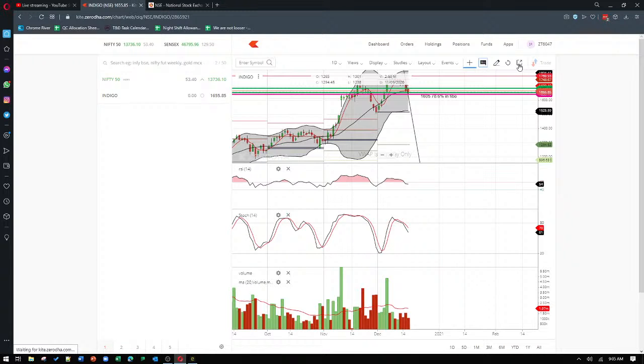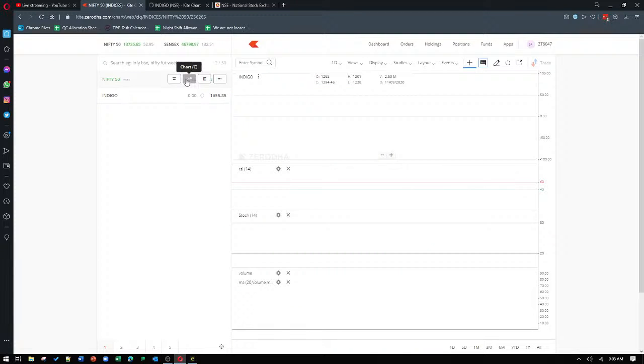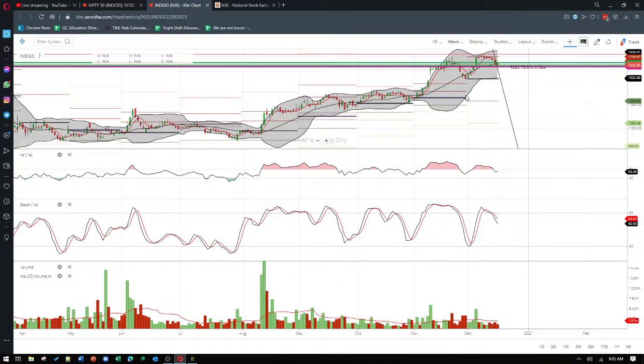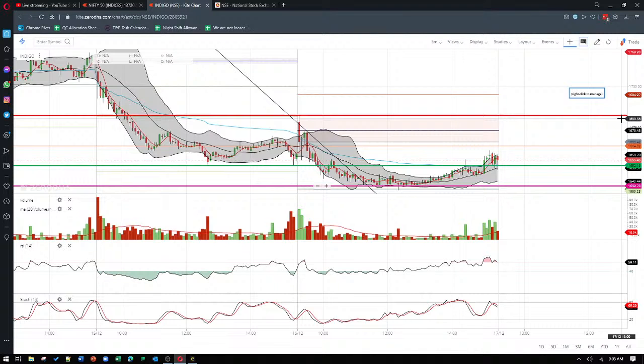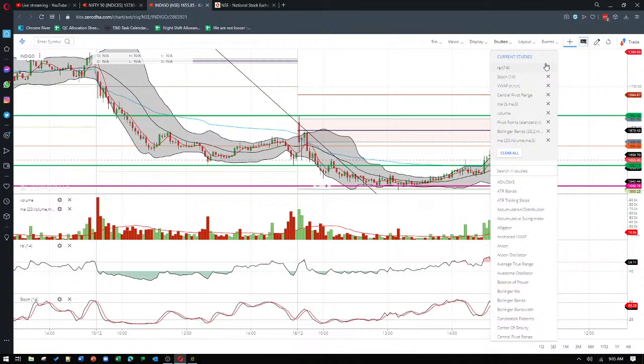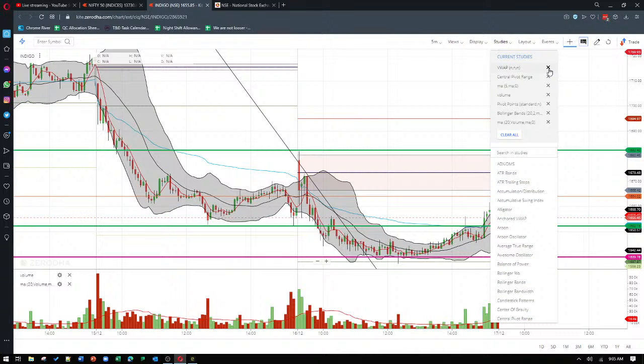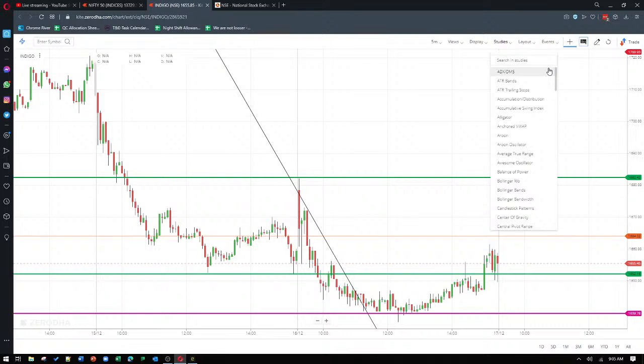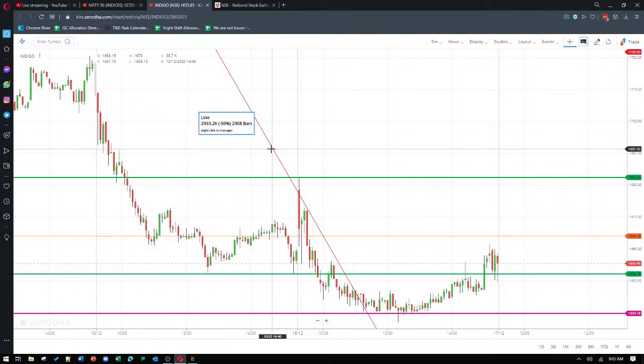Let me open it here with 15 minutes. Let it be day for Nifty. So for IndiGo, I have my own view. Let me put that view. Let me remove all the studies first. So when I look at the blank chart with 1 day,